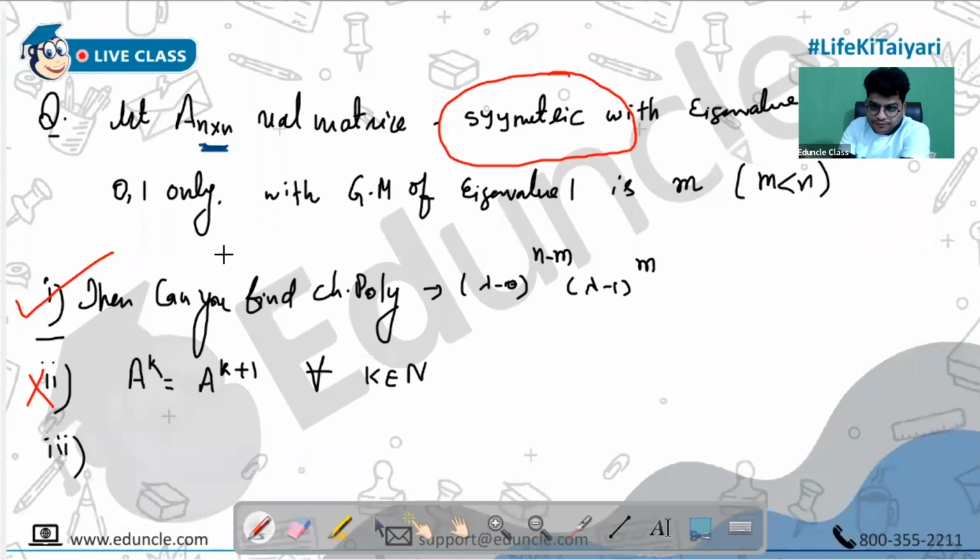Next question is rank of A. Find rank of A. Can you tell me what is the rank of A? What is the rank of A? Rank of A in this problem? Yes. Rank of A is m. Simple, because the simple thing is